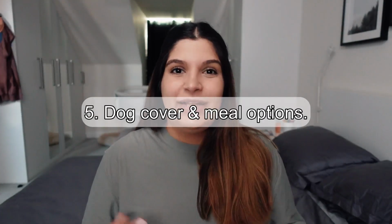Number 5 is organizing dog cover, in our case, and meal options for the first few days after having the baby. So we have 2 dogs and this applies if you have any kind of pet, I guess, or even if you have other kids. You need to have a way of rushing to the hospital in the middle of the night should you need to. So we've organized dog cover, and my recommendation, both for pets and kids and whatever, is to have a plan A,